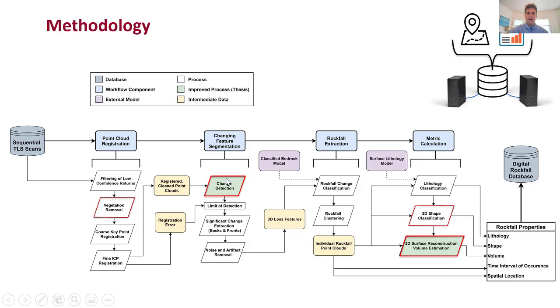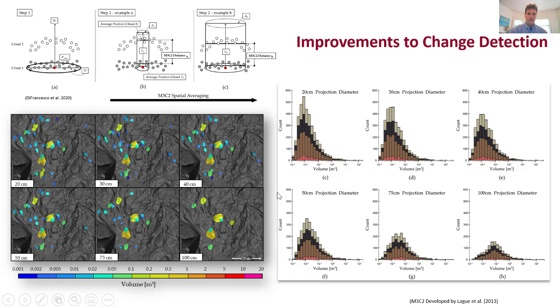What you're seeing highlighted in bold red is some of the things that I've worked on in the past few years, which I'll show you in the next few slides, as well as some other things that David and I have worked on in addition to these other things. But I'll give an example of how these 2 factors within the rockfall extraction pipeline can really change our results. We've looked at improving parameters for change detection by using the query size of our change